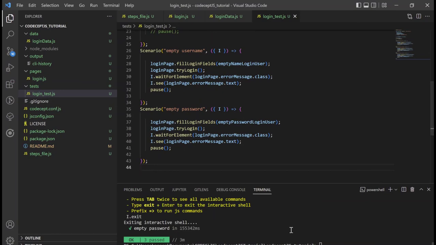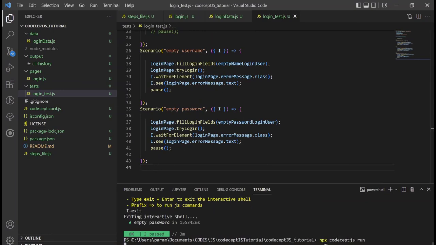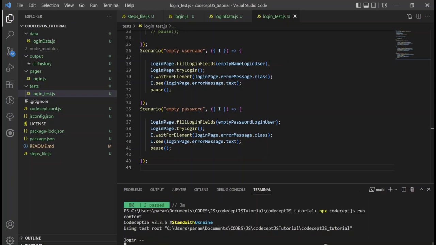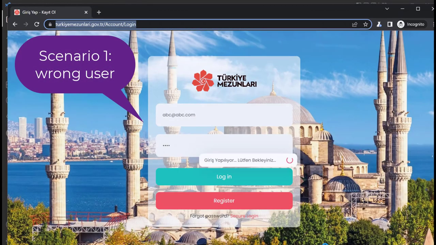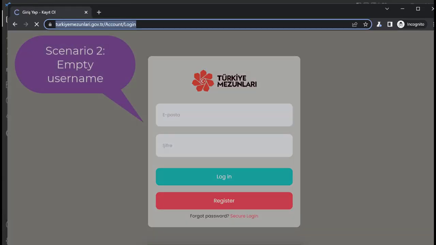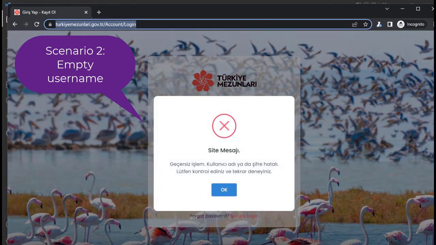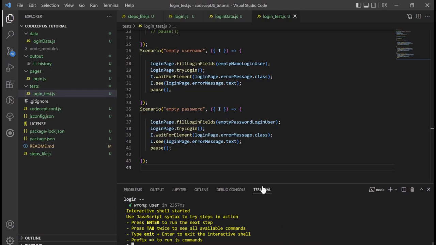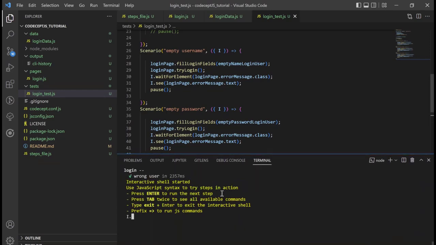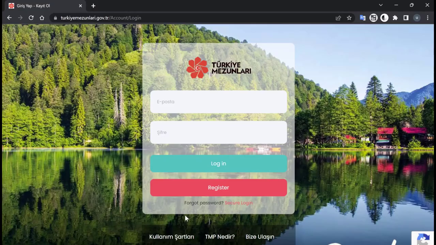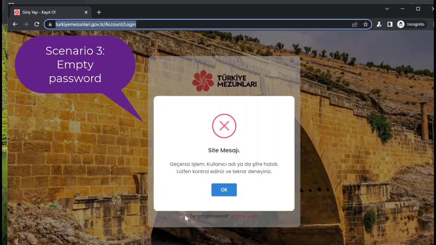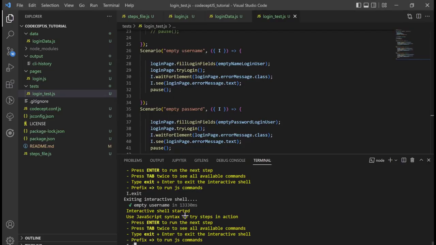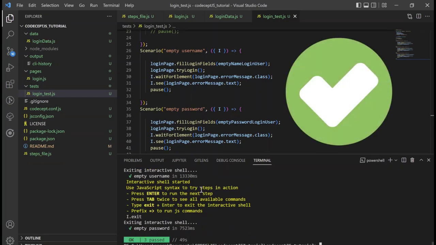Let's run our tests. I have paused the app for 2 times in order to check whether it runs correctly. And all of our tests has passed.